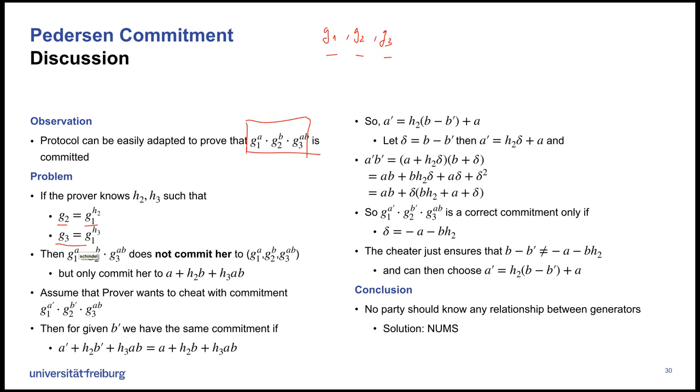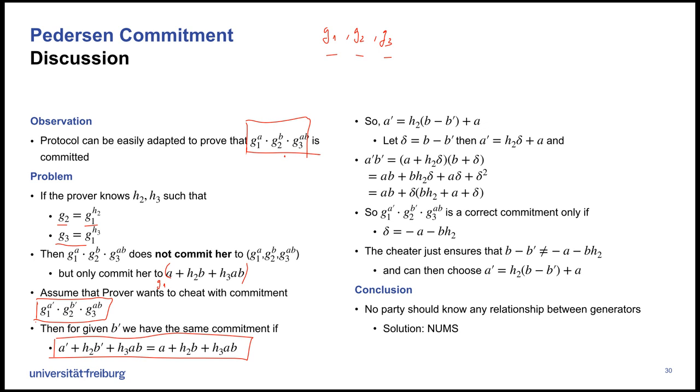And if I commit now to this value, then I have as hidden information that this is basically G1 to the power of A plus H times B plus H3 times AB. Okay. Now, if I now want to cheat and say, is it really this number, by just saying this is the product, then I just have to solve this equation for different A and B and see whether I get the same AB. And after some calculations,